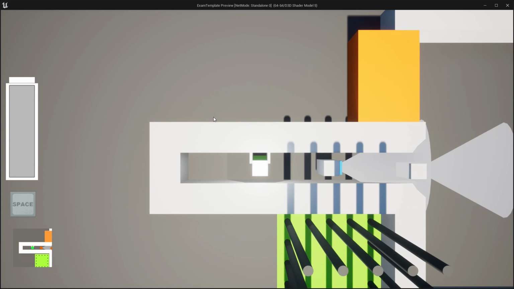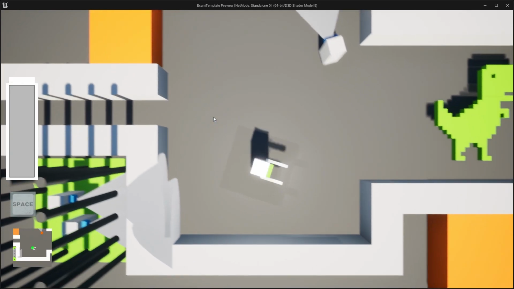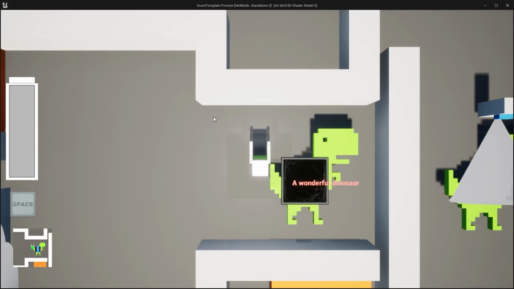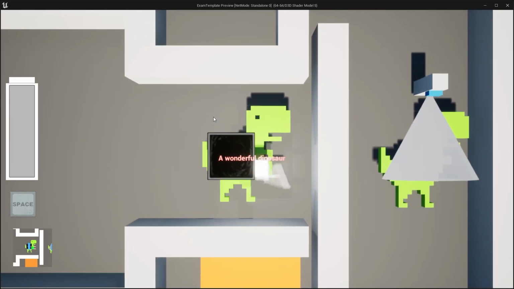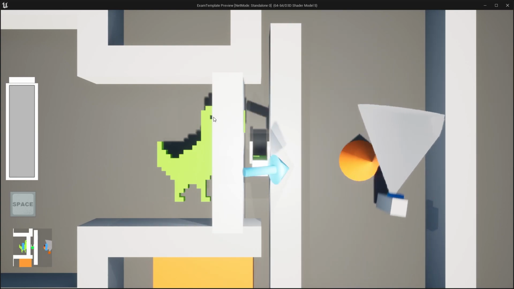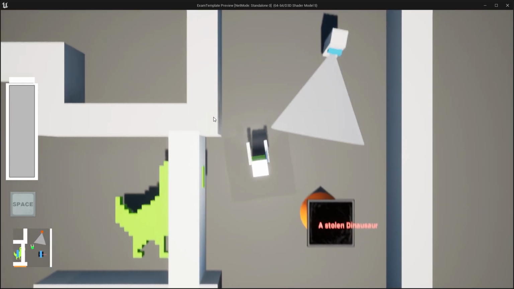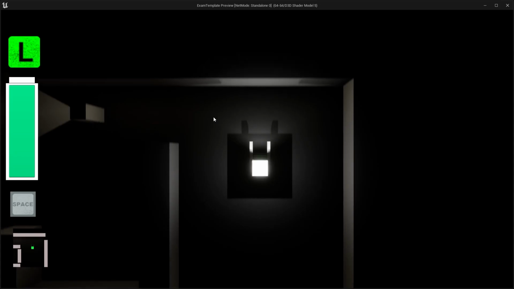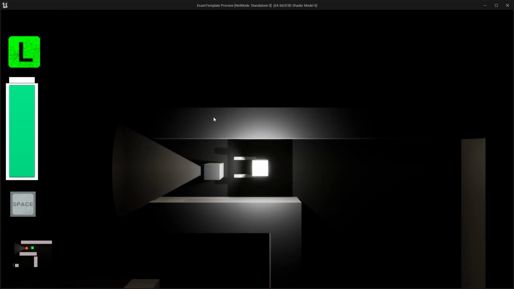So, welcome to the last iteration of my game. The first thing I did in that last iteration is create an introduction level to introduce the player to the new mechanics. I also changed the model of the dinosaurs. I created an arrow that focuses on the last stolen item to help the player find it. I changed the UI a bit to make it more readable,